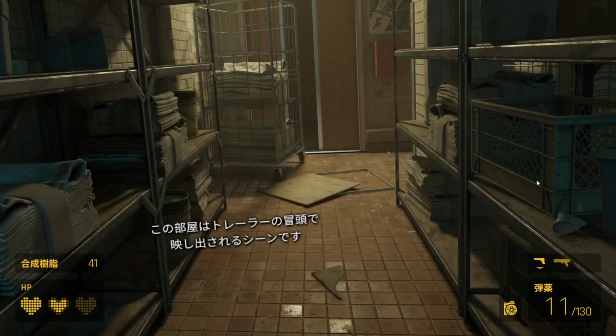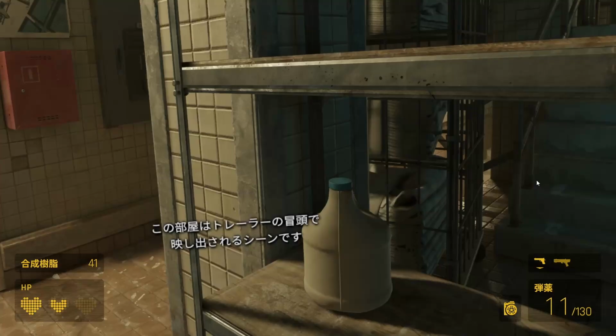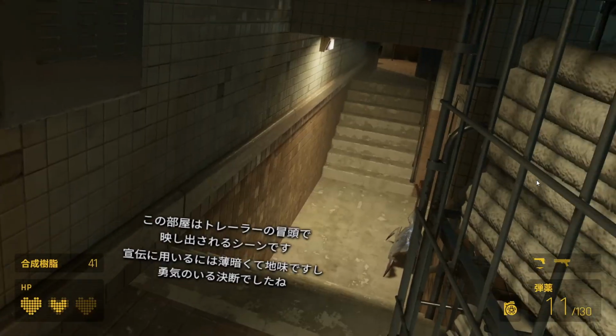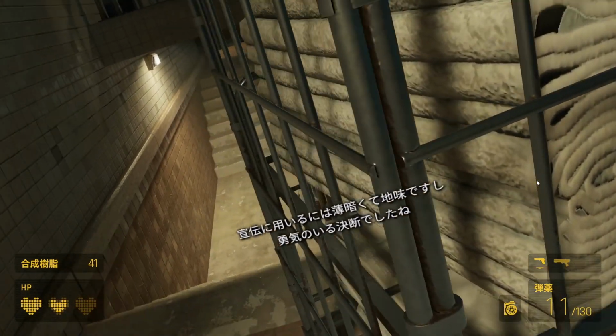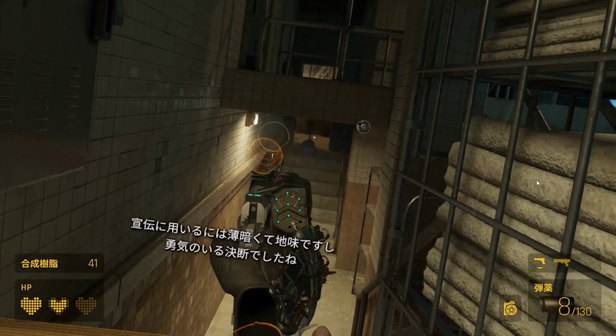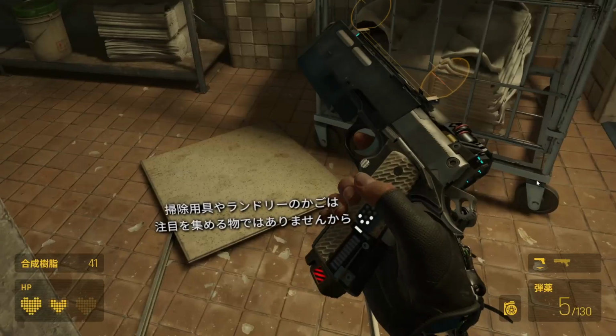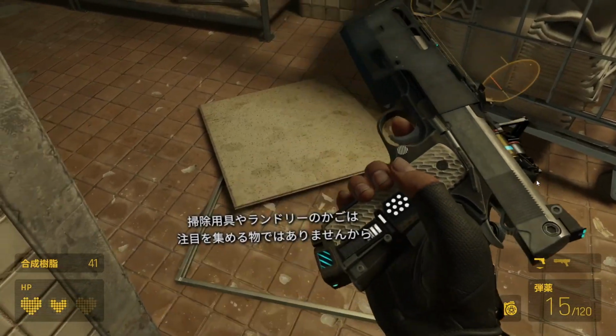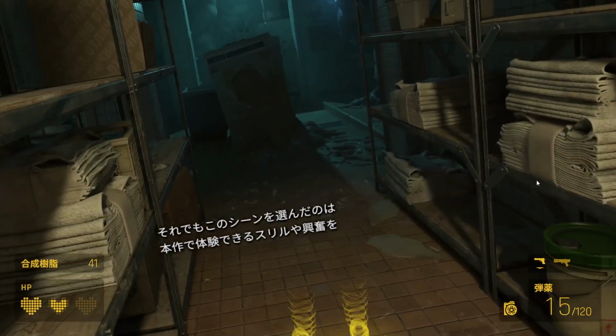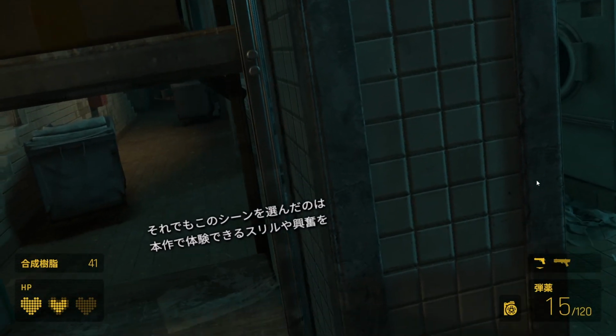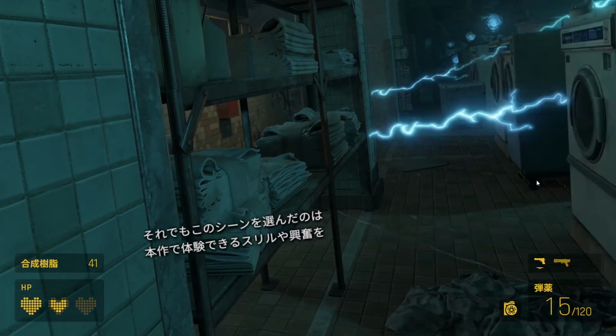This is the room featured in the very first shot of the Half-Life Alyx announcement trailer. It's not an obvious choice for that use. The room is dark, not particularly colorful, and it's a pretty pedestrian corridor. Cleaning supplies and laundry baskets are not in themselves attention grabbers. But we chose this scenario because it very effectively demonstrates the excitement and tension that we thought was typical of